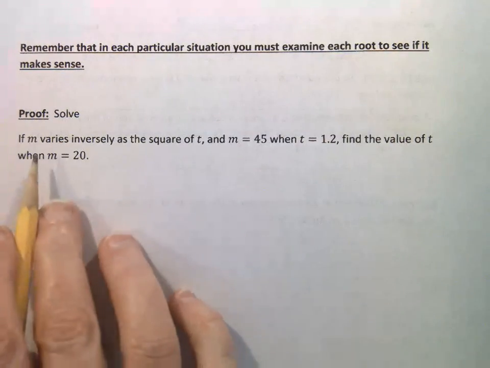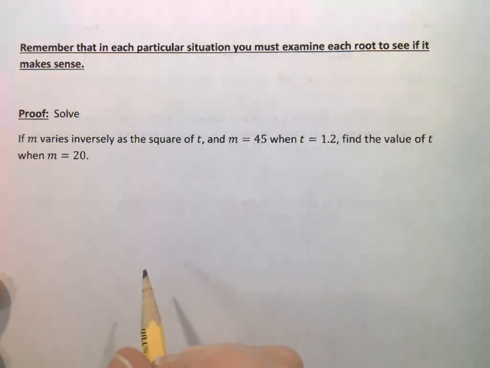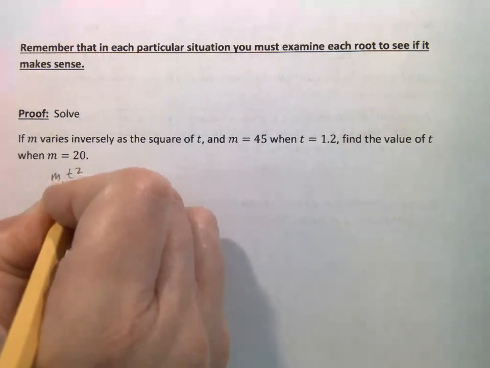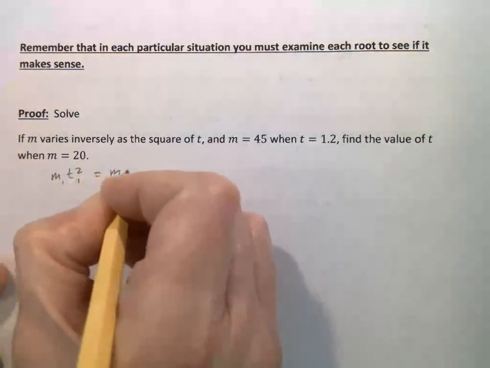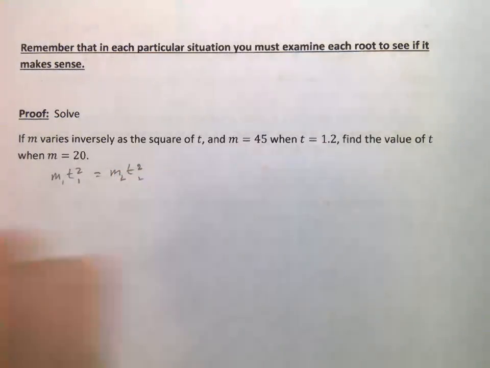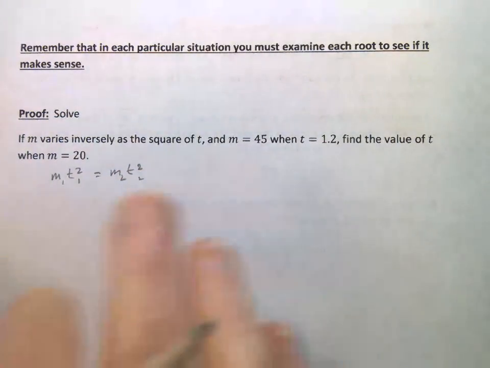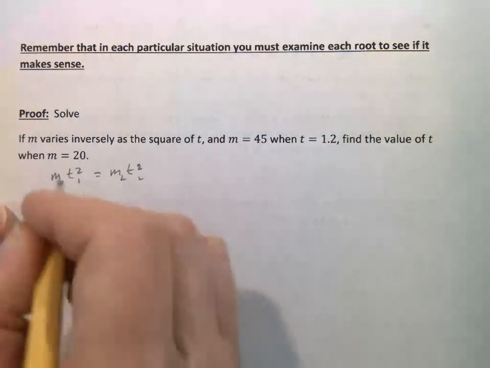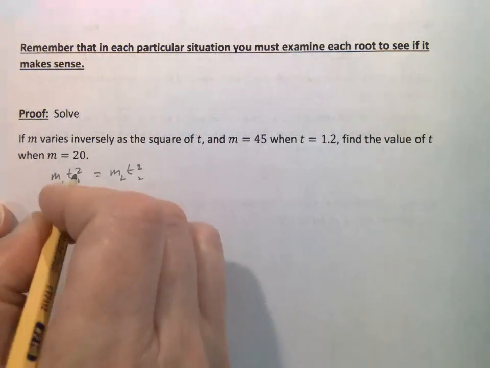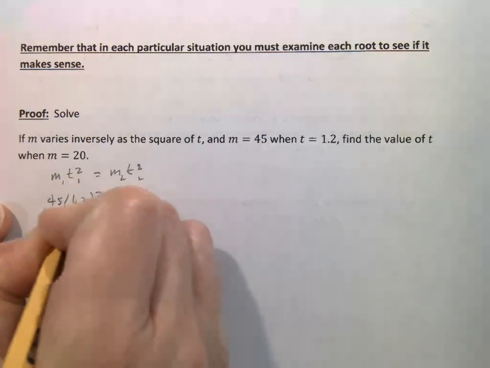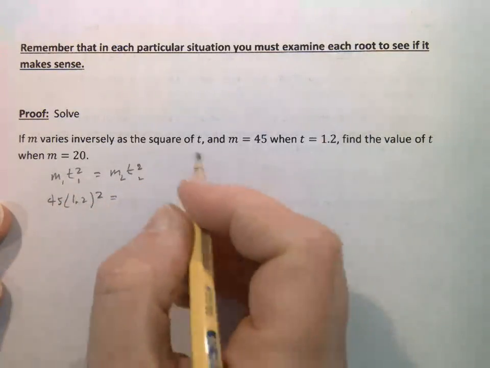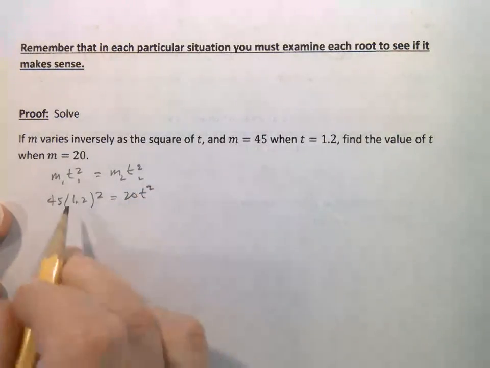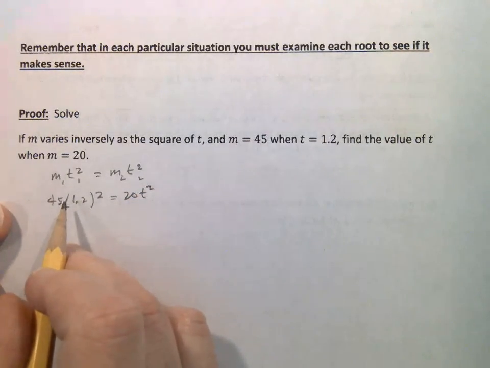All right, so here we have m varies inversely as the square of t. So if m varies inversely, we have m sub 1 t sub 1 squared equals m sub 2 t sub 2 squared. Okay, so that's what that's going to look like, because m varies inversely as the square of t. So when m is 45, t is 1.2. Don't forget to square that. Find the value of t when m is equal to 20. Okay, so this is my equation. So I'm going to square 1.2,